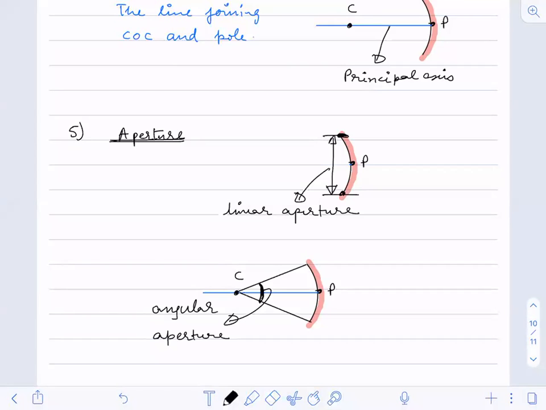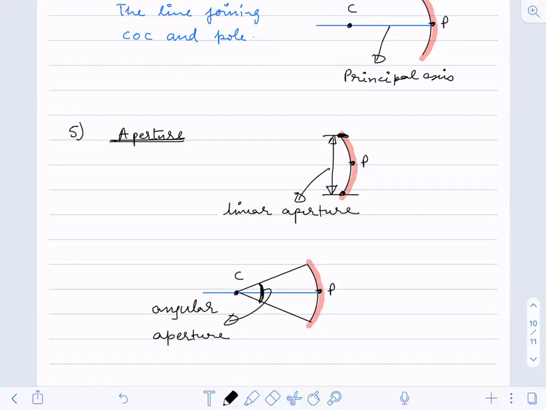What is the relation between pole and aperture? Pole and aperture, there is no particular relation. Wait, image formation we will take. Two or three classes will go on reflection, image formation only. Don't worry about that. I cannot start today, it will be very lengthy. Today I will only do doubt clarification.